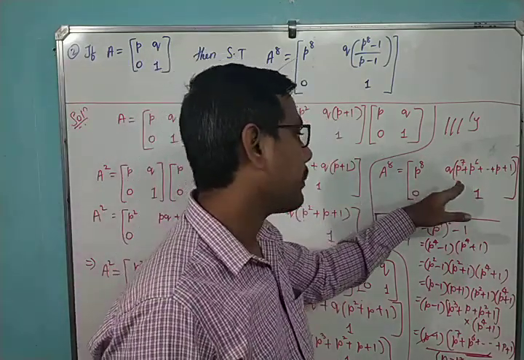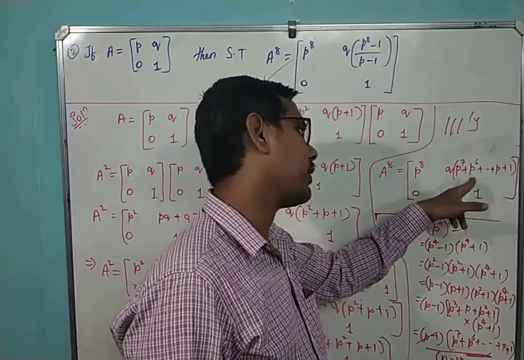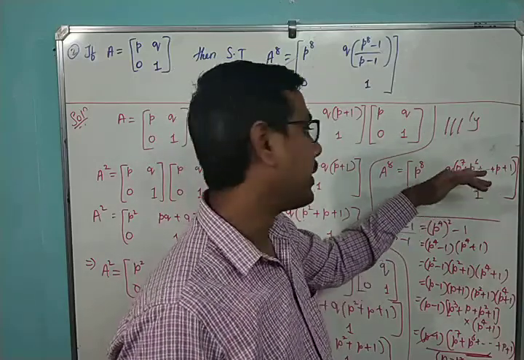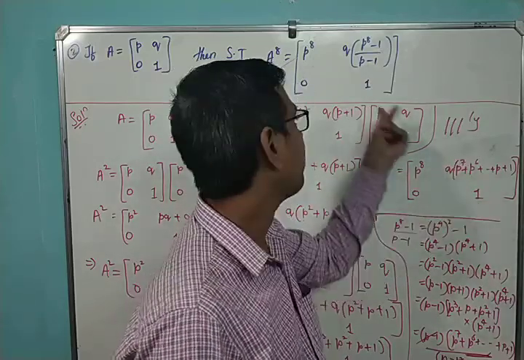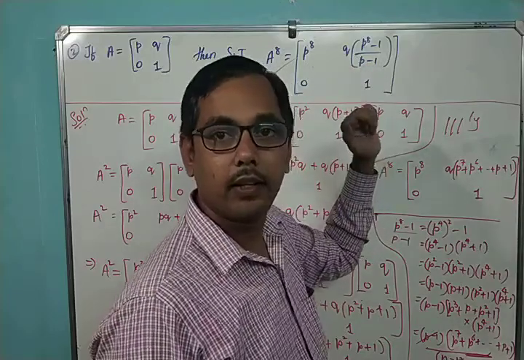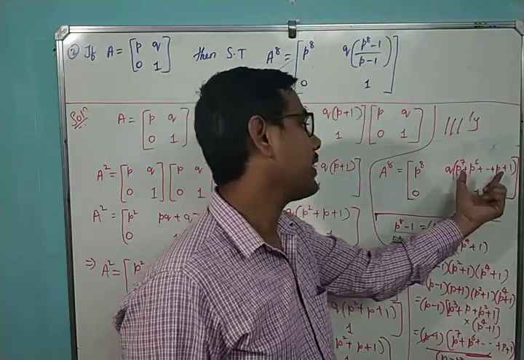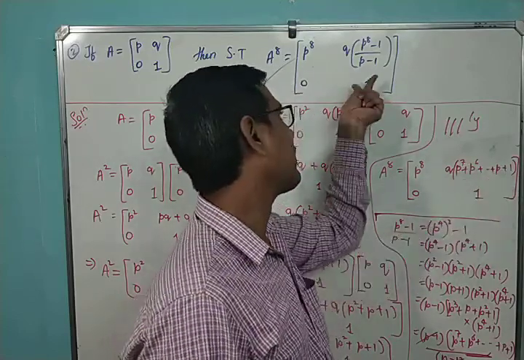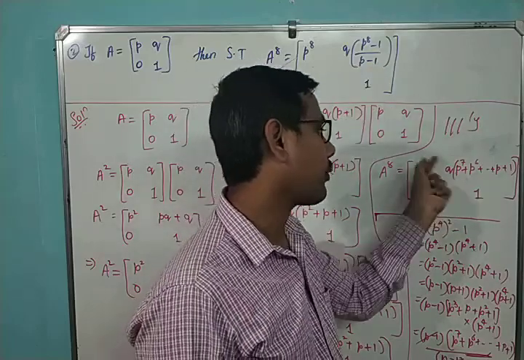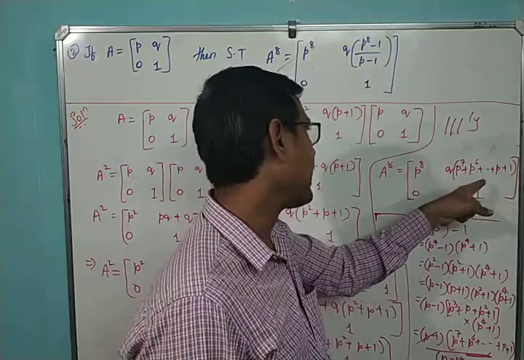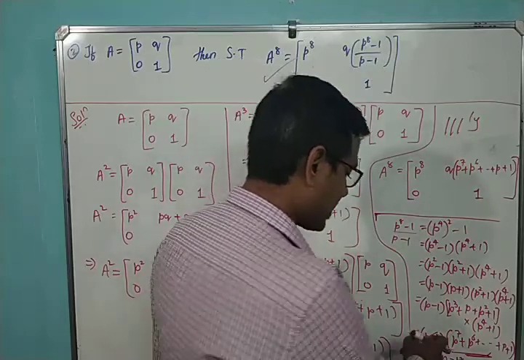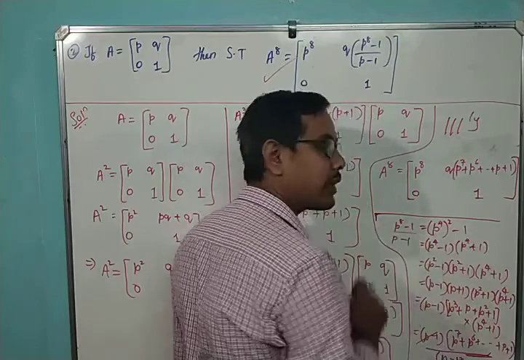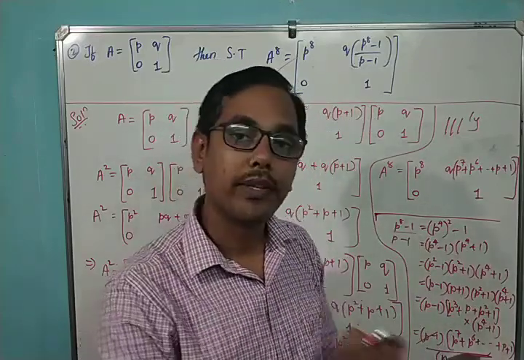Right? So if I multiply and divide by p minus 1, if I multiply by p minus 1, I will get p to the power 8 minus 1 in the numerator. So only I cannot multiply. If I divide by p minus 1, then that p minus 1 will remain in the denominator as it is. That is, here multiplying by p minus 1 and dividing by p minus 1. Then dividing by p minus 1 remains as it is. Whatever I have multiplied, if I take inside and simplify, I will get p to the power 8 minus 1. You can see here. We got this p minus 1 and this thing that was here. Right? If you go back, we will get p to the power 8 minus 1. So I hope this thing is very much clear.